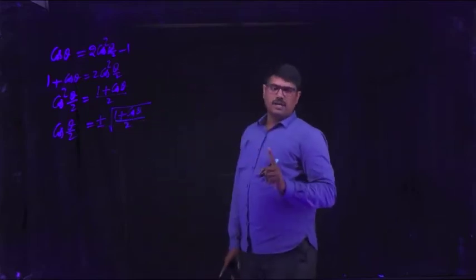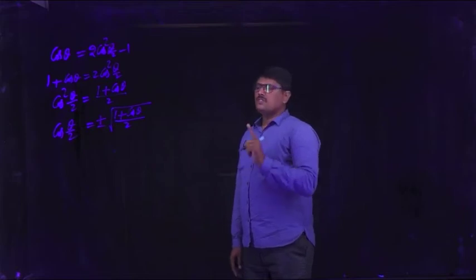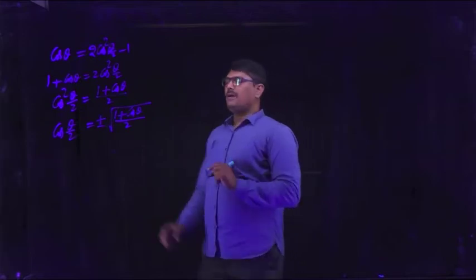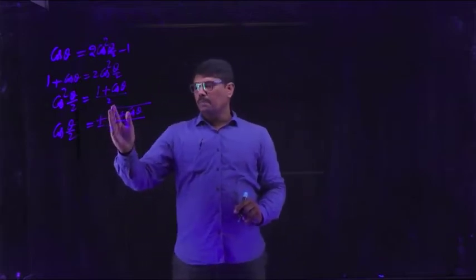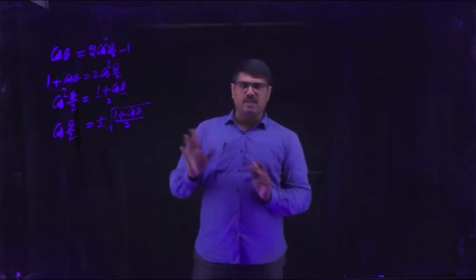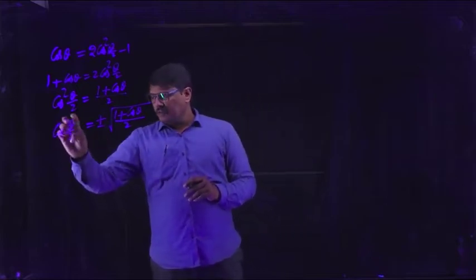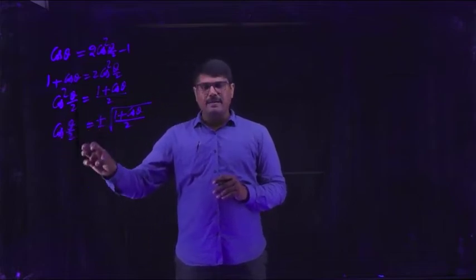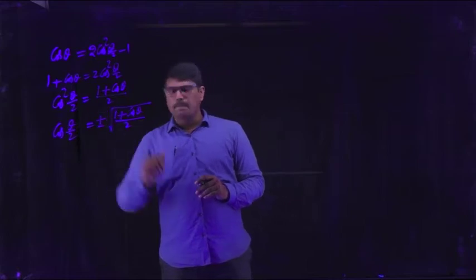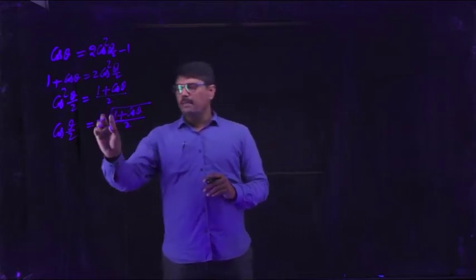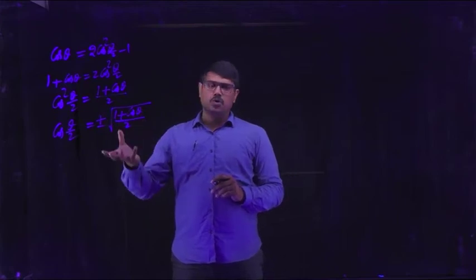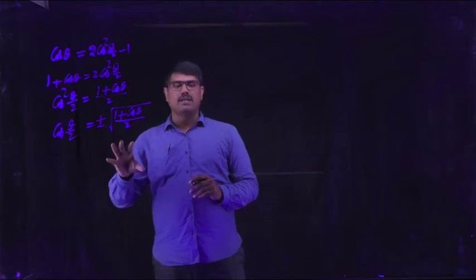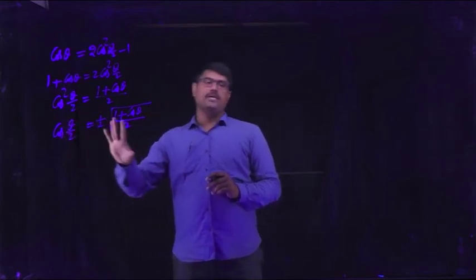So you have one formula for cos theta by 2, which is plus or minus root of (1 plus cos theta) whole by 2. Here remember, for any trigonometric ratio, plus or minus only depends upon the quadrant of the angle. For the angle theta by 2, in which quadrant theta by 2 lies, based on that you will get plus or minus. Remember, mentioning plus or minus, don't wrongly understand that both values are there. It is only one possible value which depends upon theta by 2.